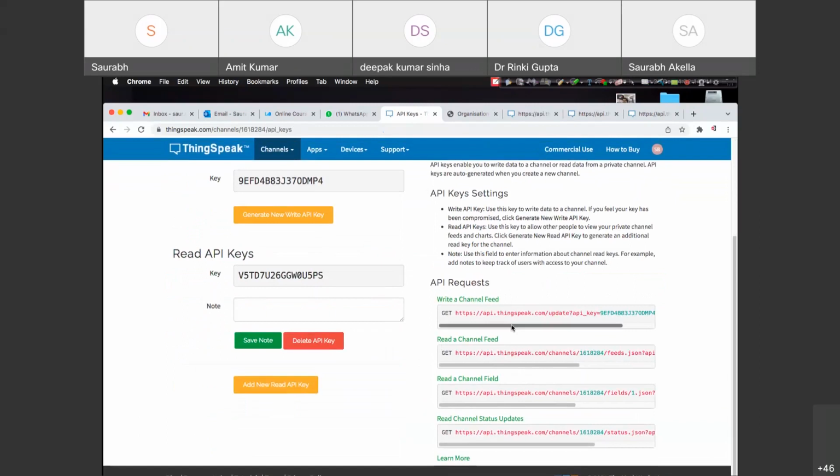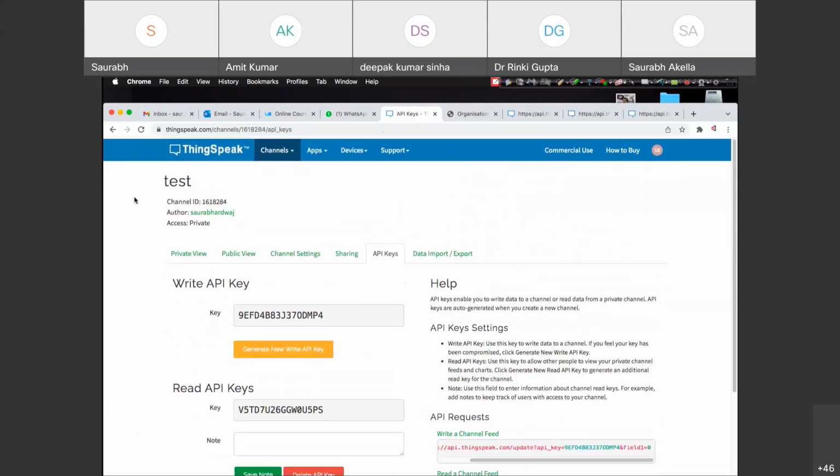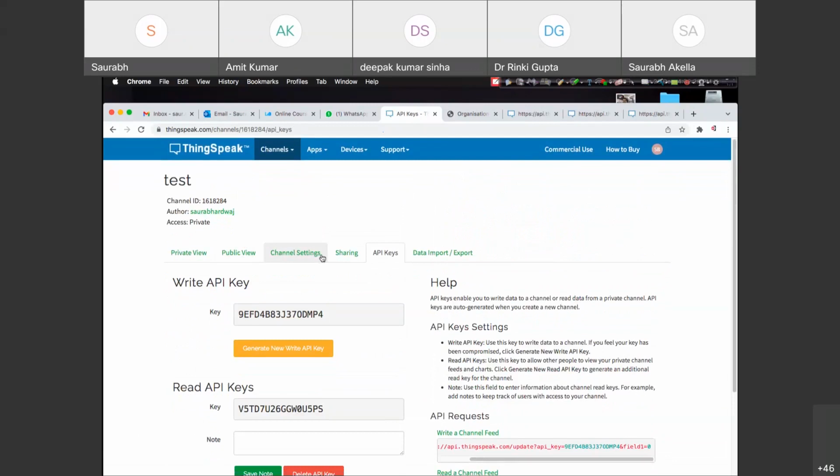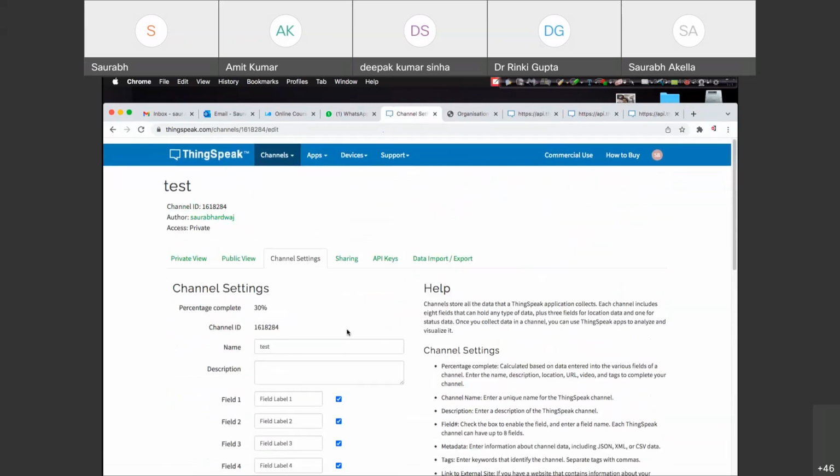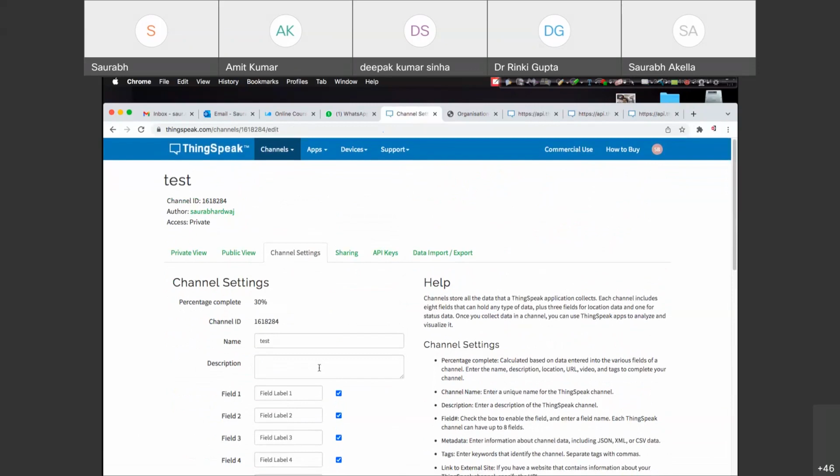So the APIs are the same, right? But here, instead of field1, you can change it to 2, 3, 4, 5, if you have created a channel where you have activated all 8 fields for your data communication. Here you can change the settings anytime whenever you want.